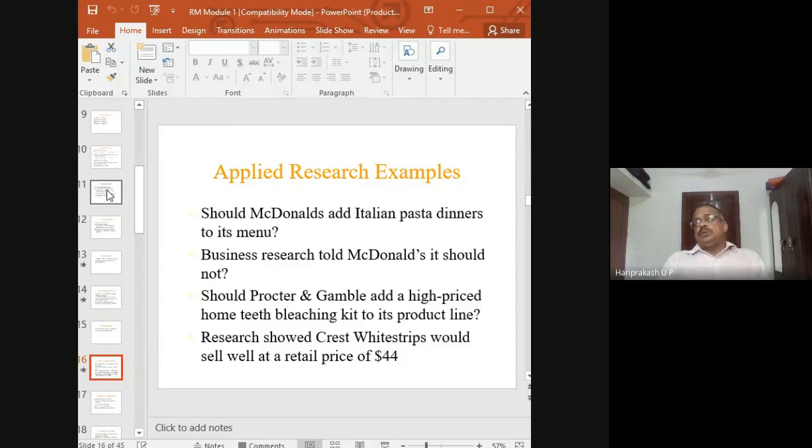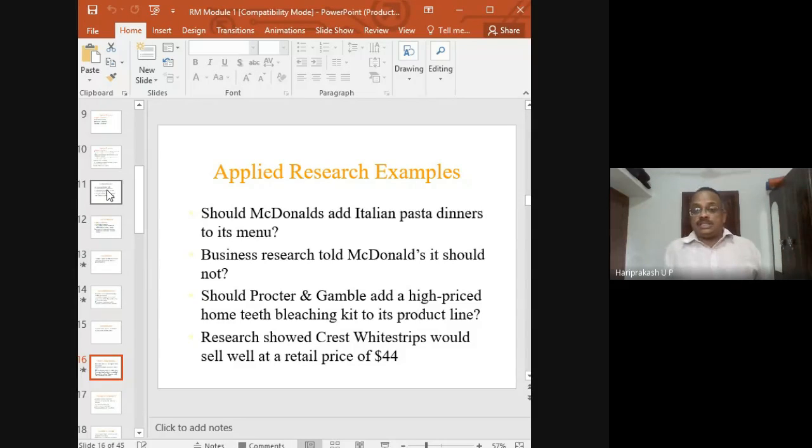So they may do a survey, maybe in Mangalore, among some 20,000 people, they will interview, they will conduct a survey. A research agency would be given this job. Okay, in Mangalore, there will be some research agencies. So they will go and meet that person, they will call them, they will tell, look, we want to decide whether Italian pasta has to be added to our new menu or not. And that research agency will say, yes, okay, fine, we will do a research and find out what would be the preference of Mangaloreans. So they know McDonald's, who are the customers who come, what type of demographic